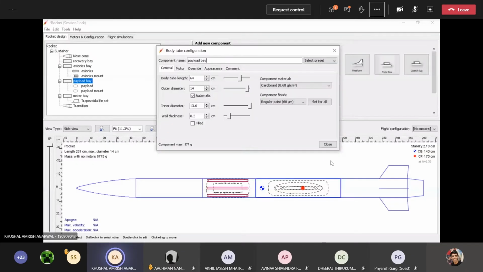Now you can see as I'm doing this, the center of gravity is changing because cardboard has a density of 0.68 and fiberglass has a density of 1.85. So the weight of the rocket is increasing.